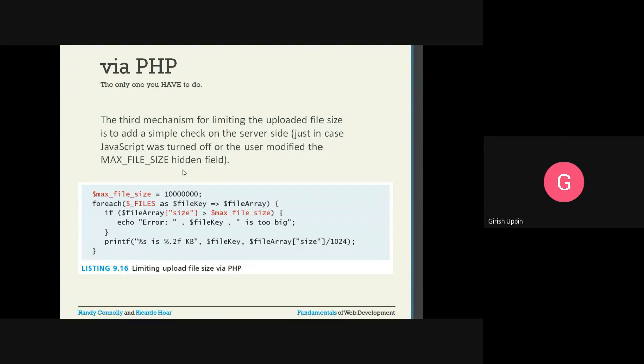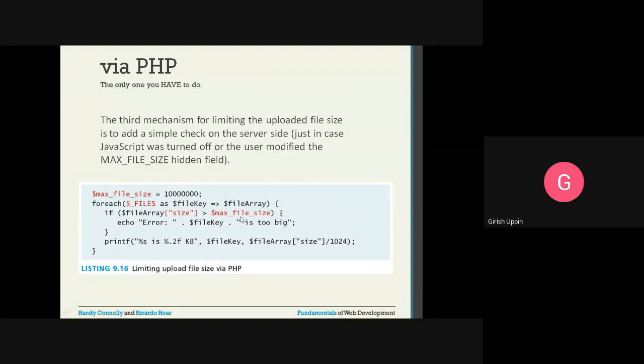Then we can do a server side check. $max_file_size, that variable I am creating and setting this value. Then for each of the files, $files as $file_key => $file_array. If there are multiple files, this is going to iterate through each of the files. So the first time we will get the first file in the file array. Then $file_array has a property attribute size, and I'm going to access that.